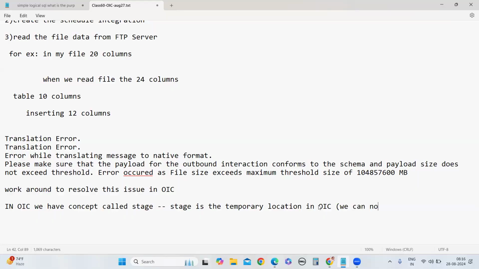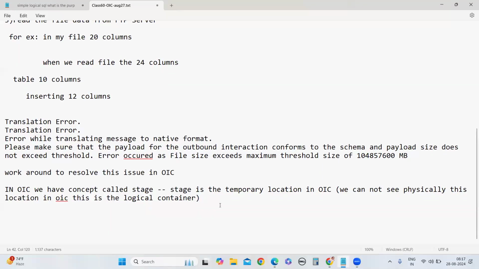We cannot see this location physically. It is a logical container in OIC, so physically we cannot see this stage location.